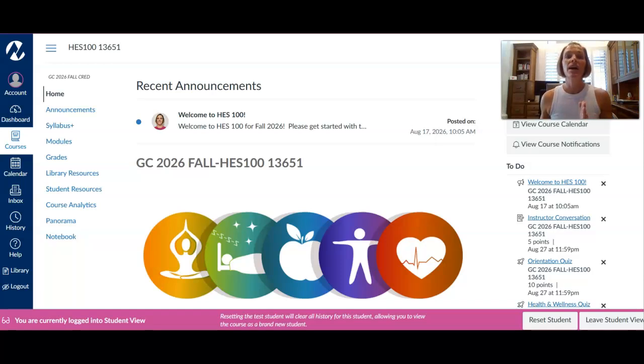First things first, announcements are going to be posted right here in Canvas. I will post several announcements throughout the week. Those will be things from reminders on what you should be working on this week, reminders of an upcoming assignment that's due, or potentially things that are happening on campus that might be of interest to you. So please read through the announcements. I expect you to log on to Canvas at least 3 to 4 times a week, ideally every day, but every other day is also okay.